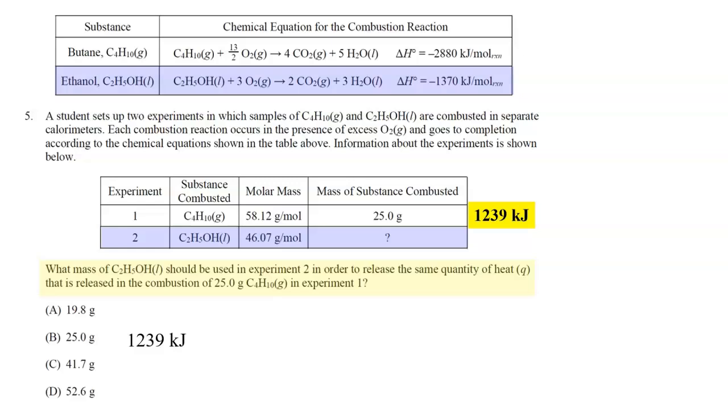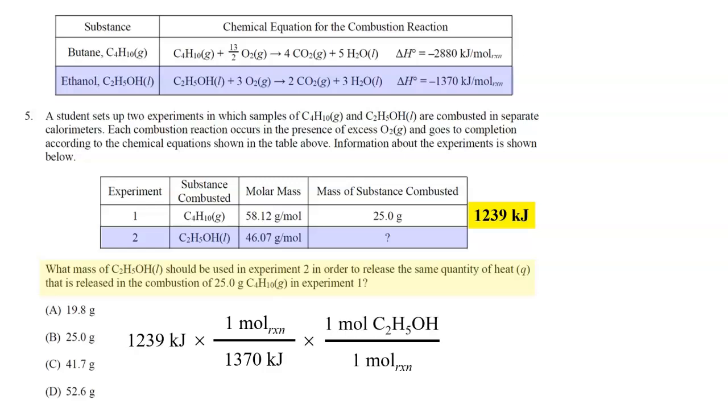Now we're going to convert from kilojoules to units of mole of reaction. So the delta H for the combustion of ethanol is negative 1,370 kilojoules per mole of reaction. So for every 1 mole of reaction, that's 1,370 kilojoules. Now, because there's a coefficient of 1 in that equation, for every 1 mole of ethanol, there's 1 mole of